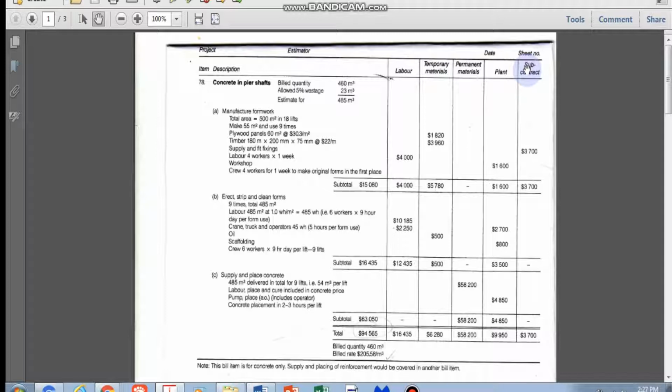Again, the issue we were talking about yesterday is your way of calculating quantity. Quantity is the one important thing that you look at in costing calculation. Normally, quantity here, we're talking about concrete per pier shaft, what is the built quantity for these 460 meter cube of concrete. Concrete, we're talking about ready-mixed concrete, even though you are doing it on your own concrete batching plant,